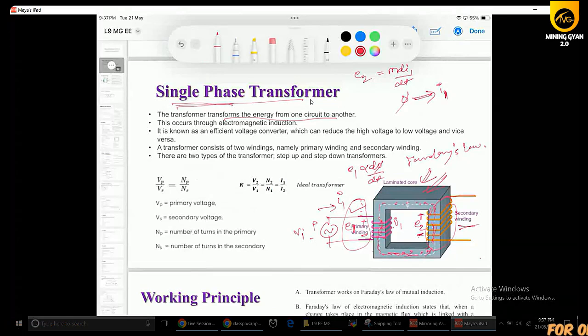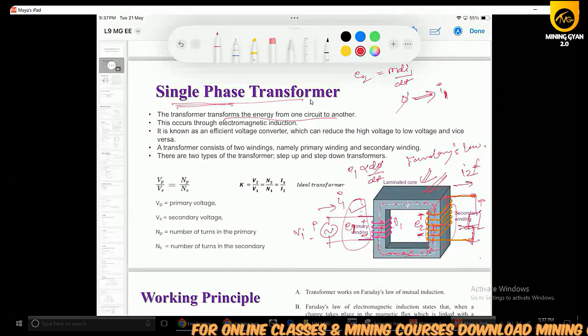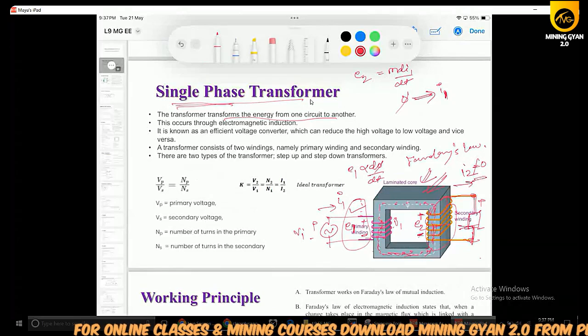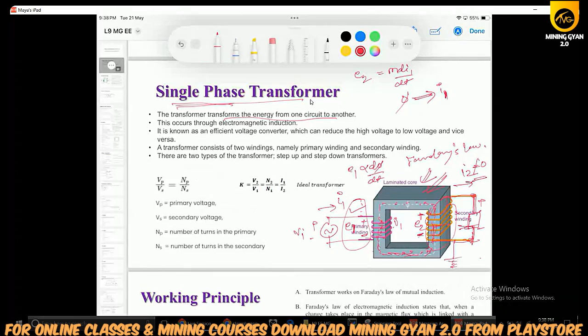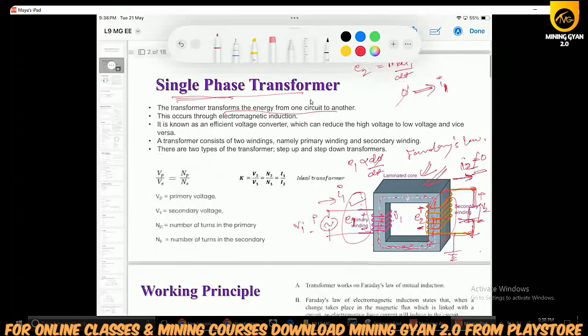So when this circuit is closed by connecting a load across these two terminals, there will be the flow of current. The flow of current will be like this, meaning I2 will not be zero when the circuit is closed, as there is a return path connected to the ground, such that there will be the terminal voltage, which is called V2, and the terminal current will be I2. So that is the principle.